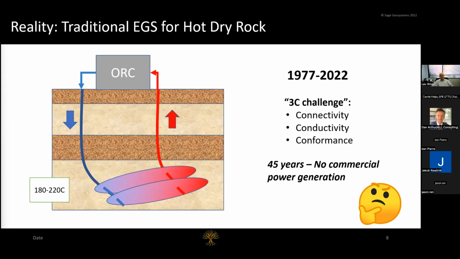Then we need to be able to keep fractures either open or at least permeable for the fluid to circulate. And the less permeability, the more friction. The more friction, the more parasitic load. And third is that fluid doesn't want to flow equally through all the fractures. What happens, it tends to find the path of least resistance, erode it, and then temperature goes down, power goes